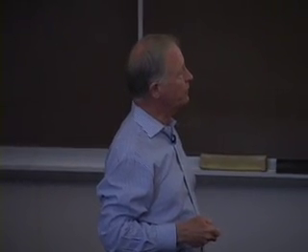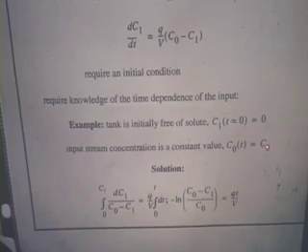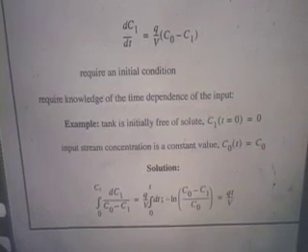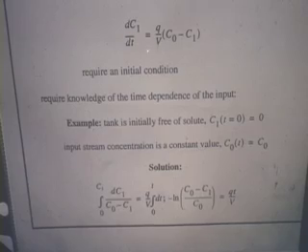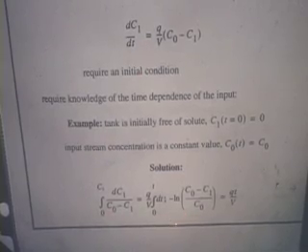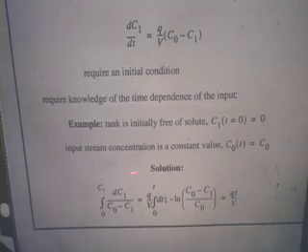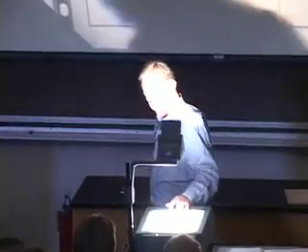We'll work this problem for a situation in which the input stream concentration, C0 of t, is just a constant. We won't get fancy yet and say that it's a function of t. It's just some constant value of drug in this stream entering at flow rate q, being removed at flow rate q, and the problem we want to solve is what is C1 of t? So you shift the variables over, you integrate, you get a log function. This is of the variety of x dx. This is why you took math 0. You integrate it,